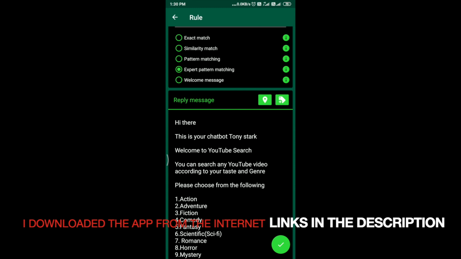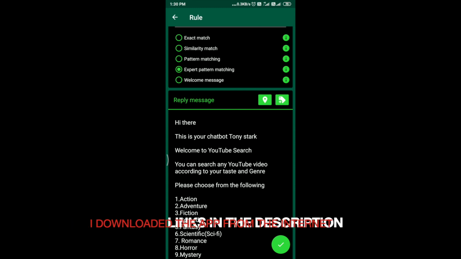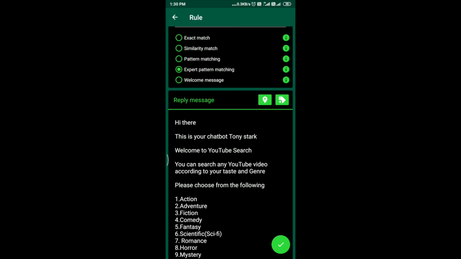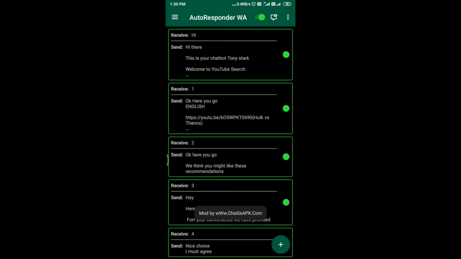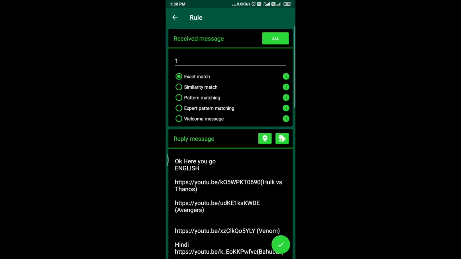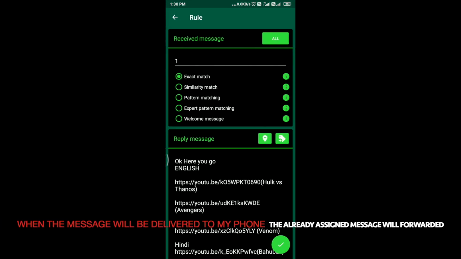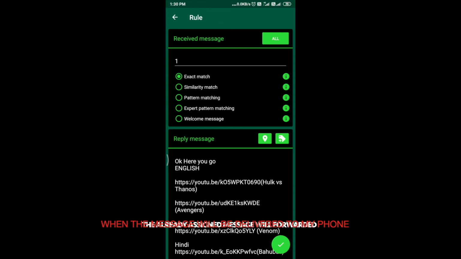Actually, this is a paid app, but I have modified this app. Instead of using the paid service, I have used my smartphone as a server. So this is how it is working.